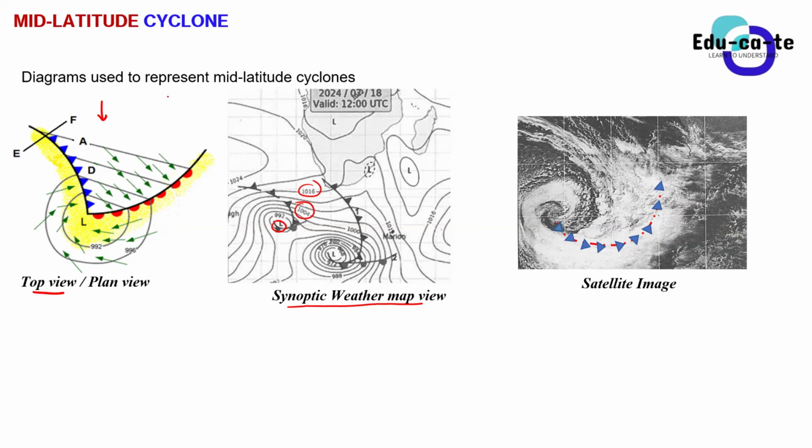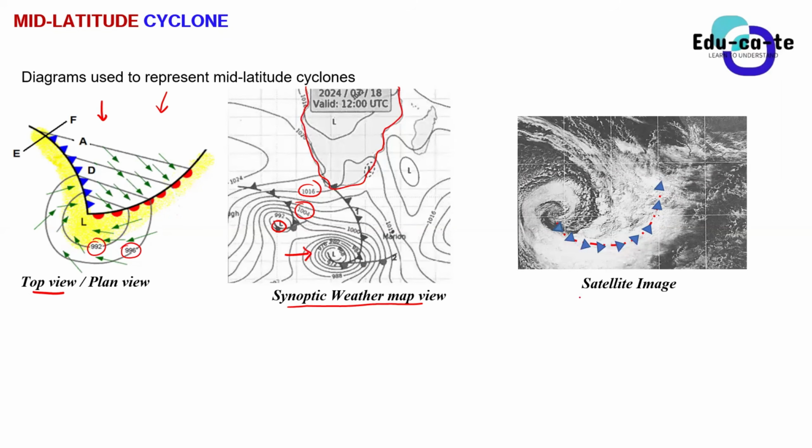But in the plan view, there is no map. We do have isobars just for that cell, but we don't have South Africa there. A synoptic weather map comes like this, and it has a date on top. So when you see the mid-latitude cyclone on top of a synoptic weather map, it's known as a synoptic weather map view. I will run over these ones because they are not as crucial as the one we'll do after this.